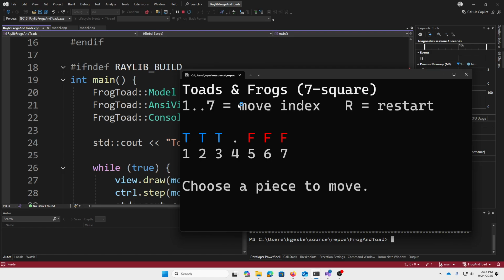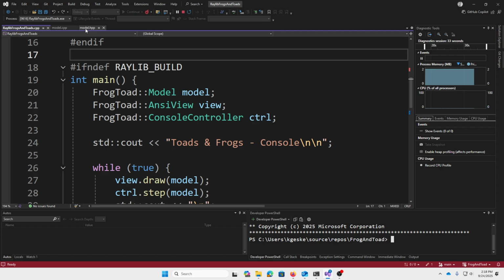So again, if you look at the view here, you can sort of think about what the model might look like. My playing board is just 7 squares. And each square can either be empty, could have a toad in it, or could have a frog in it. And that's it. So the entire model is effectively just a length 7 array. And if we look inside of said model,